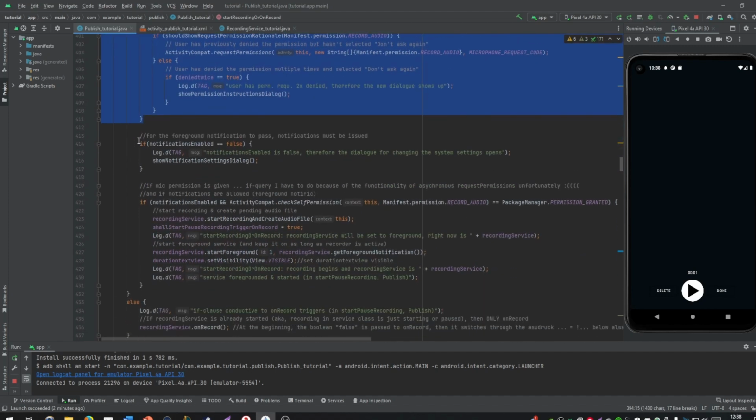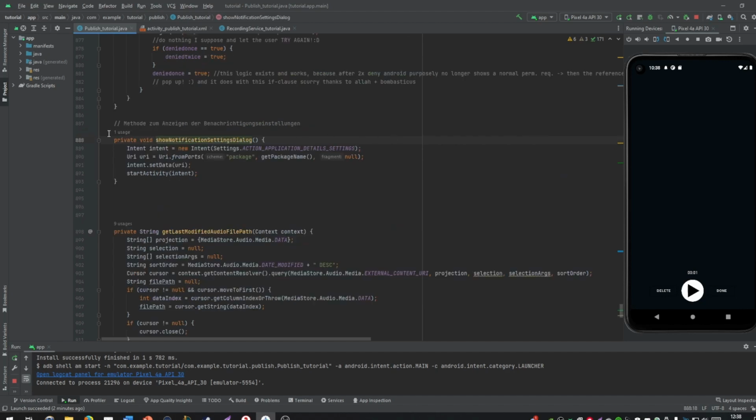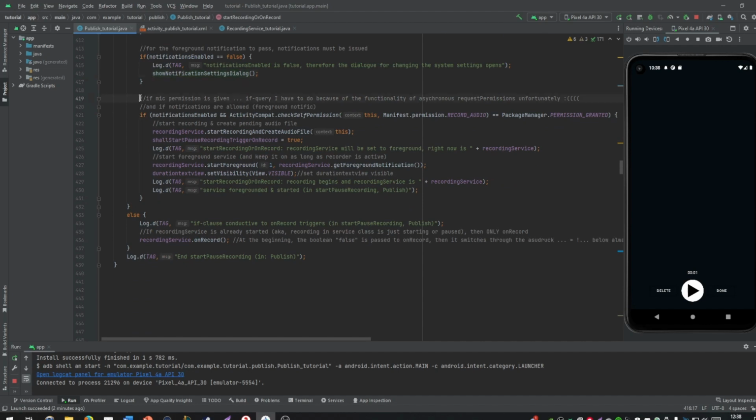And yeah, the notifications are given. If not, this dialog is shown. Show notification setting dialog is this one. Okay, now we go on to the actual part where it's decided whether this part is start recording and create audio file,